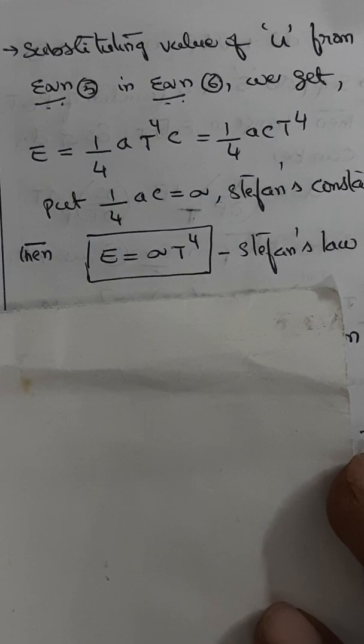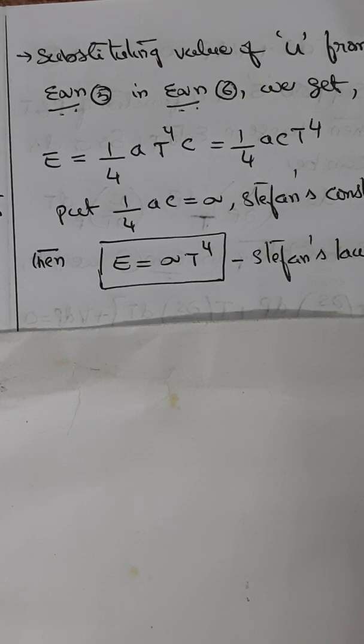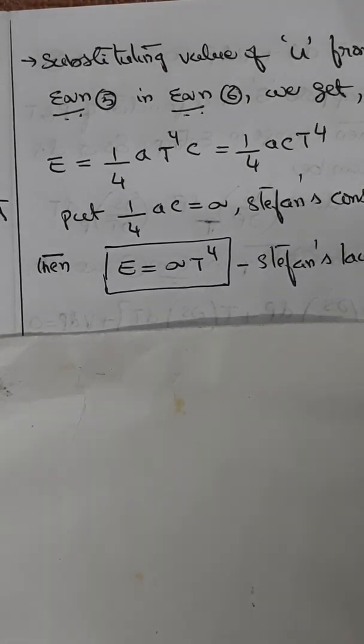Clear? So if you summarize this session, we have seen the difference of two specific heats. From there, we are able to see Mayer's relation. We also tried to understand Mayer's relation in the case of a perfect gas as well as in the case of a van der Waals gas, and its interpretation. And then we looked at the concept of the Stefan-Boltzmann law and also obtained the expression for the Stefan-Boltzmann law. This is what we have seen in this session.